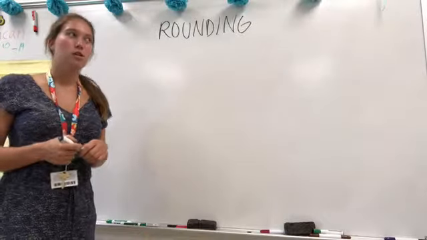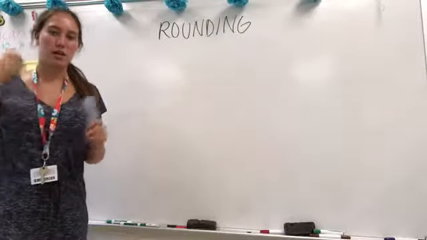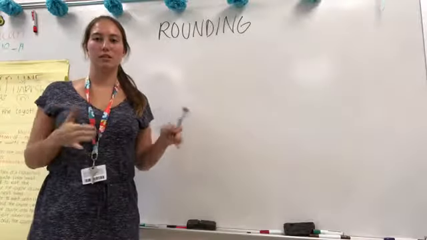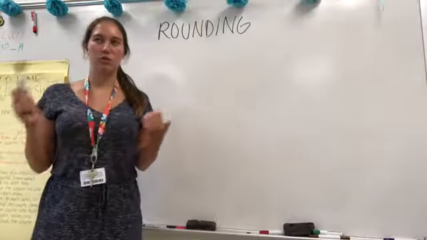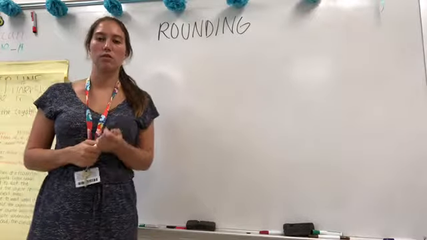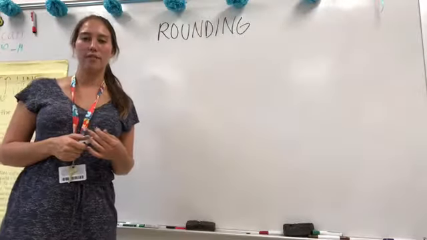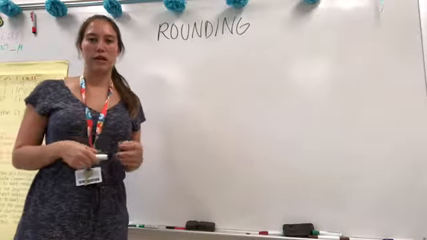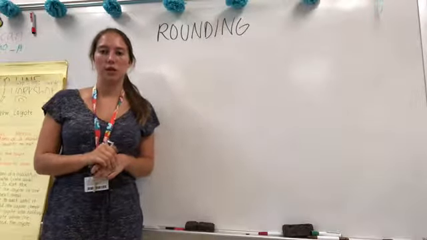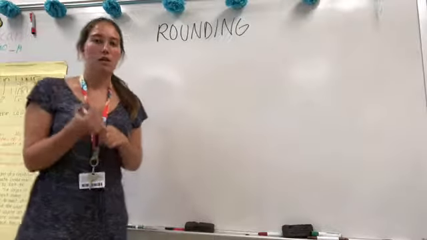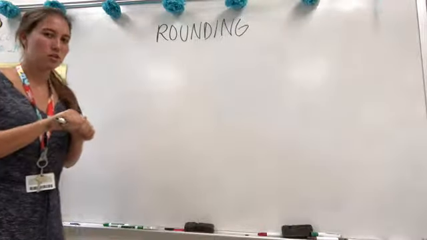So when we round, we are taking a number and putting it to the nearest 10 or 100 most likely, which is what we've been doing in the classroom. However, you also can round to the nearest 5, the nearest 25, and things such as that. So I'm going to do 2 examples up here, and I'm going to use a number line to help me with my rounding. So the first number that I'm going to do is going to be,